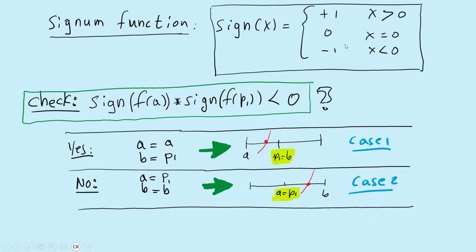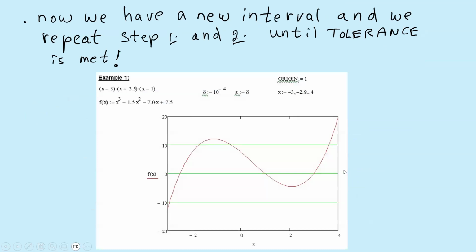Negative times negative is positive. For this reason, when the sign becomes positive, it means the root is located between the midpoint and B. Now we have a new interval, and we repeat steps 1 and 2 until the tolerance is met. For example, look at these functions,